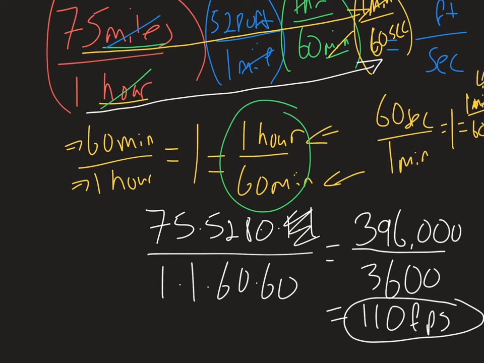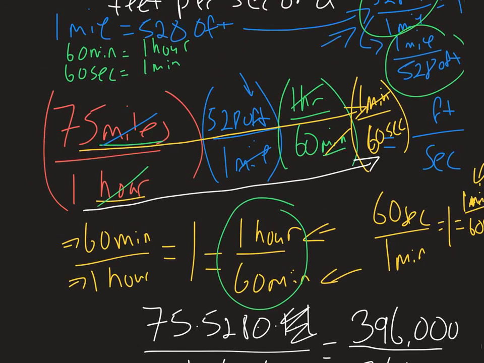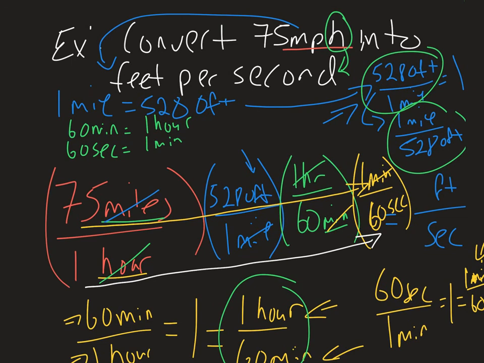Now, it's a bit of a lengthy method, but it does really help guide the thinking. I don't know if I would have thought to multiply by 5,280 and then divide by 3,600 right off the top of my head, because we're dealing with a rate. So the idea is we're writing our ratios like we did in our very colorful line here, with a series of other ratios to essentially cancel out the units. Now, it seems like a lengthy method because I was trying to explain every little step, and there is a little bit of thinking that goes into it, but if you just write your ratios when we're looking at our unit conversion factors,